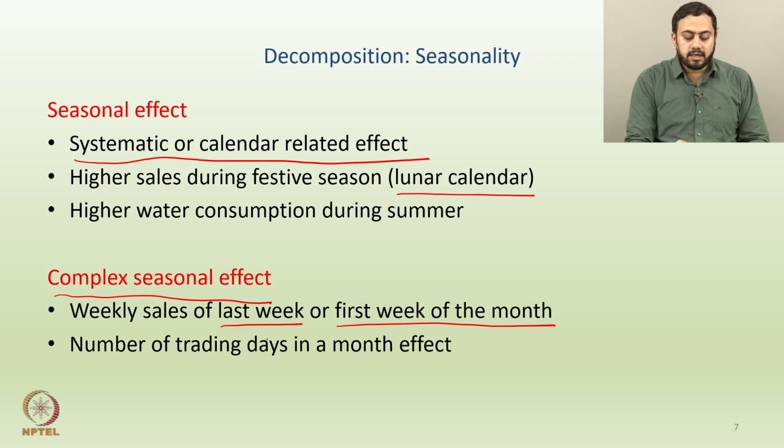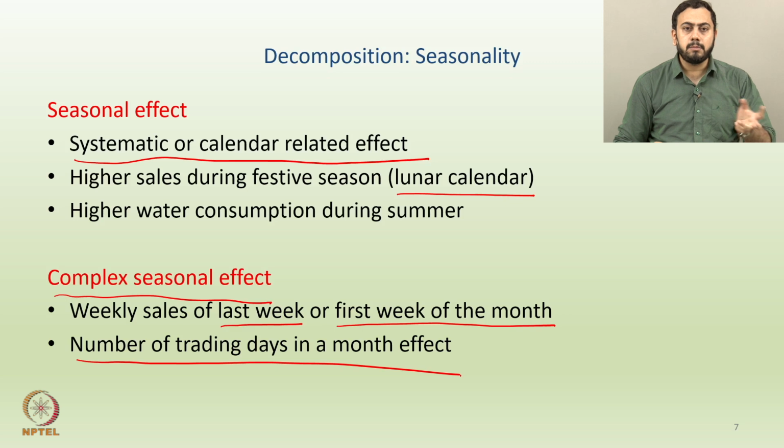So analyzing this kind of seasonality is slightly more complex than where you see regular repetitions, for example temperature and so on, right? Or the second example is, let's say, number of trading days in a month. Different months might have different numbers of holidays. So let's say, for example, October or August has a lot of holidays, or let's say April, right? These are some months where the number of trading days might be lesser as compared to July or September, etc., right?